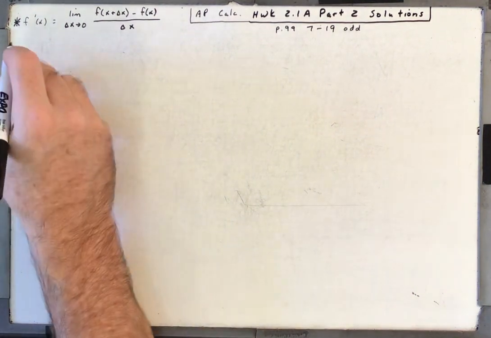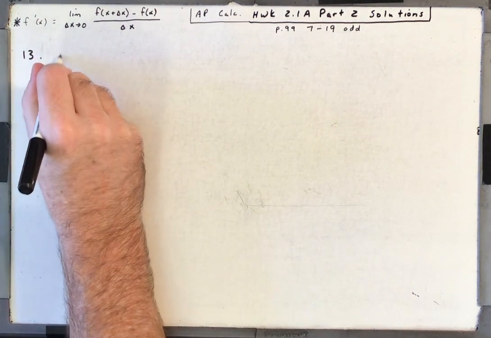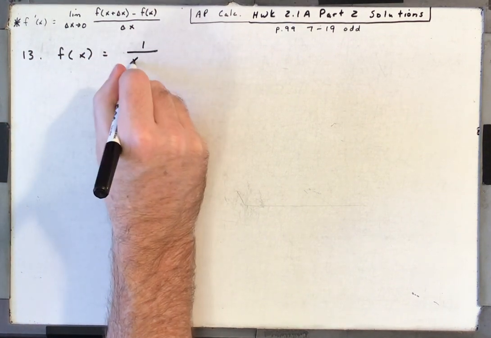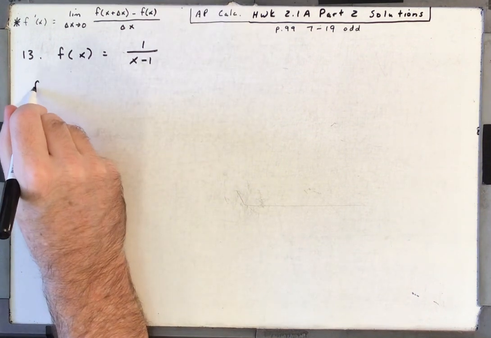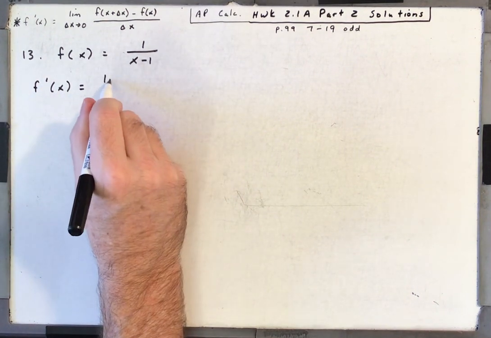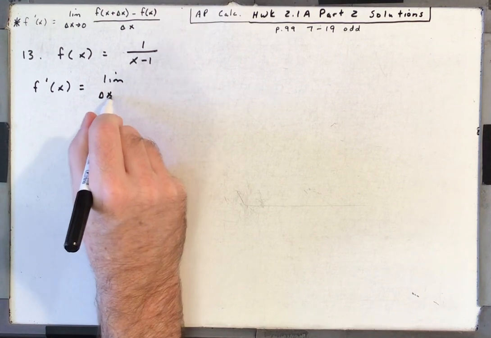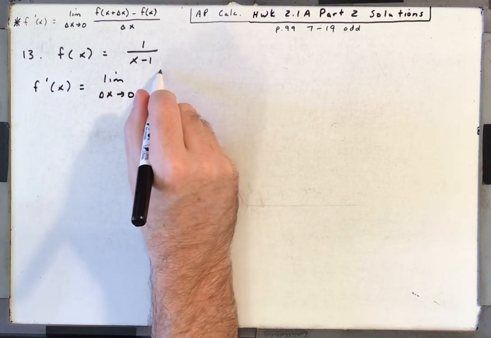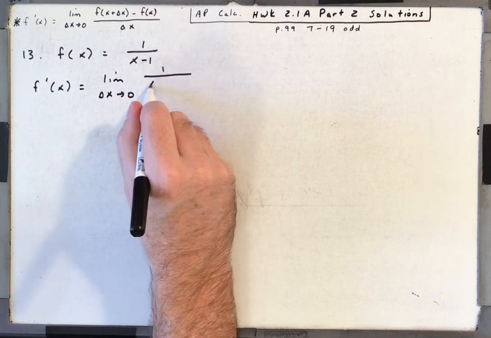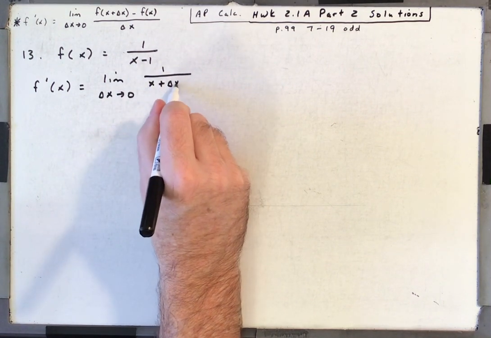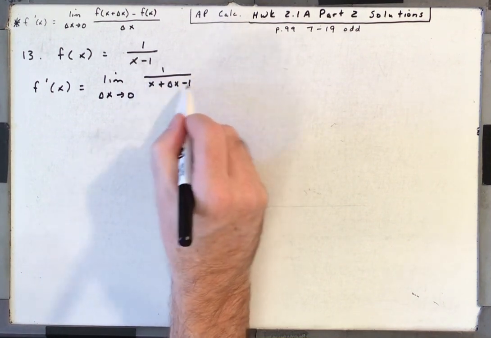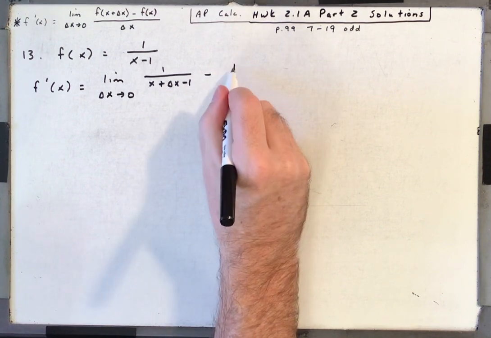Okay, number 13. We have f of x is equal to 1 over x minus 1. So f prime of x is going to be the limit as delta x approaches 0 of 1 over, everywhere there's an x, you put x plus delta x, so minus 1. So f of x plus delta x would be this, minus f of x